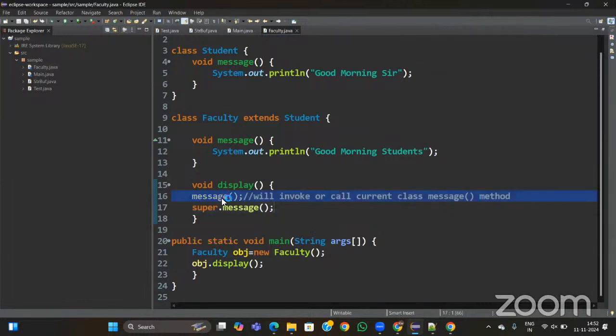So when we have an override method, if I want to call the super class method instead of the subclass method,